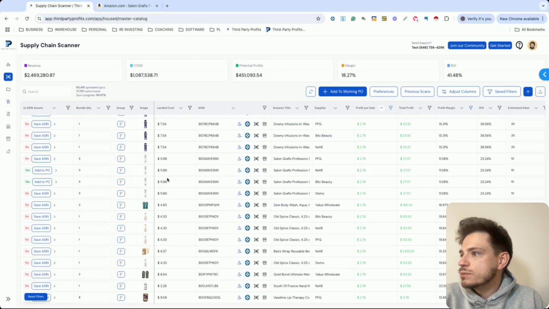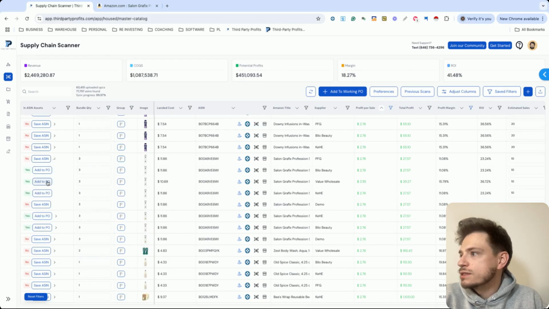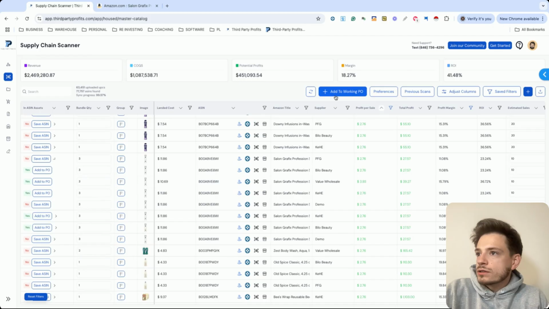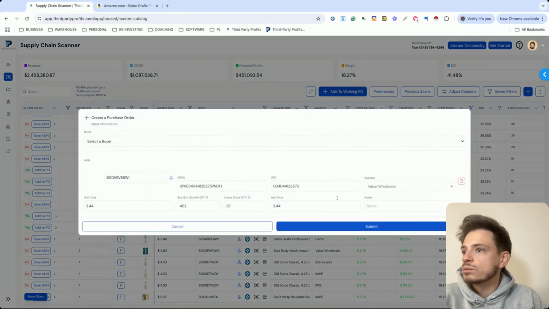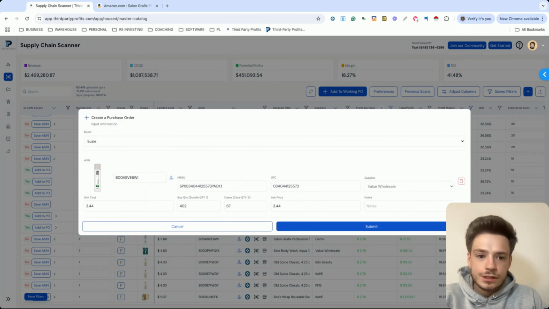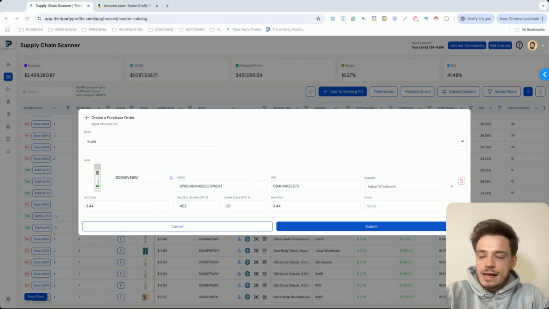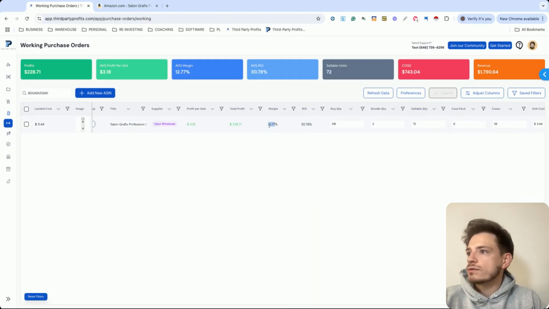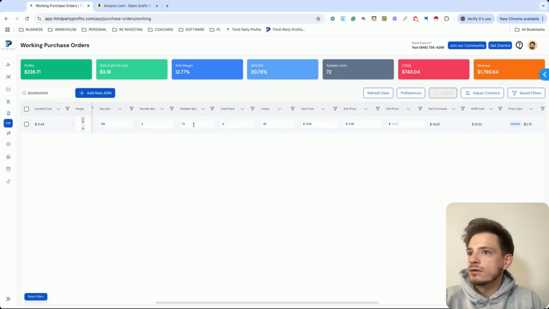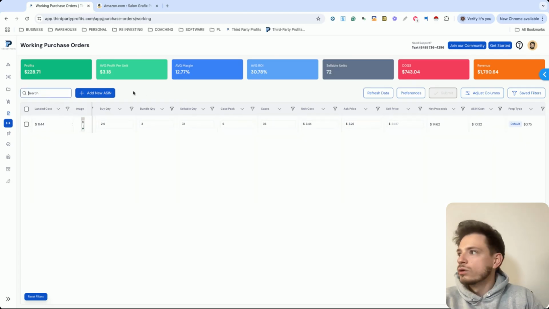So now what we can do is we can select on add to PO. So we're going to take this product here, add it to a leads list of items that we're considering purchasing. So Value Wholesale here, add to working. The buyer is Susie. We would need a better price of 5% at least. So let's go with 327 or 326. So now in the purchase orders, if we just search that product, we're going to see that the margin's around 13%, 318 a sale. Our ask price is in there, and we're just going to continue to funnel more items